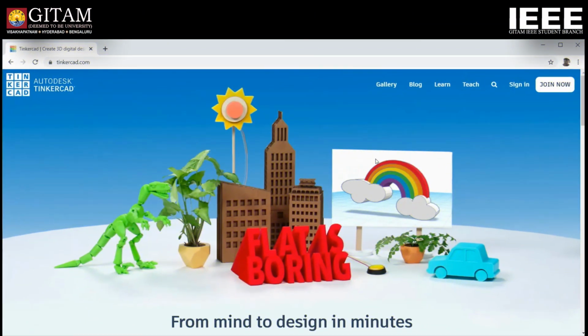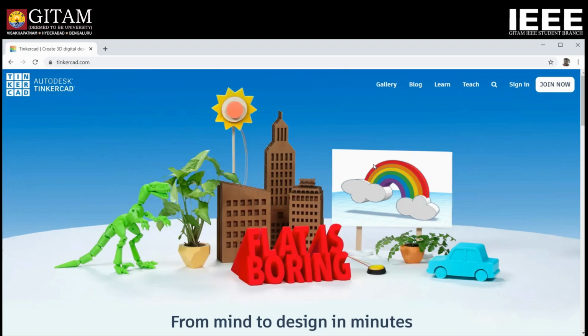There is a simulation software called Tinkercad where you can simulate your project and get instant results. If there is any problem with your project, you can rectify it here itself and then buy the physical components and do the project. You will get the same result. This software helps you save your time and money, because sometimes you buy unnecessary components which won't help you get results, and that will waste your money. Beforehand, if you try your project in simulation, you can verify whether the component is useful or not. Then you can apply it with physical components.